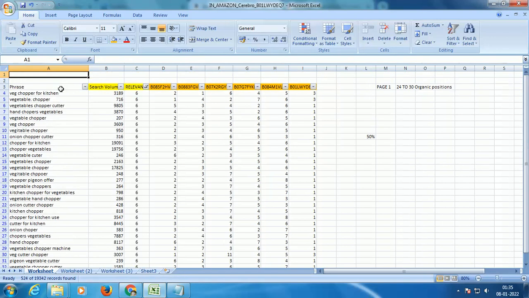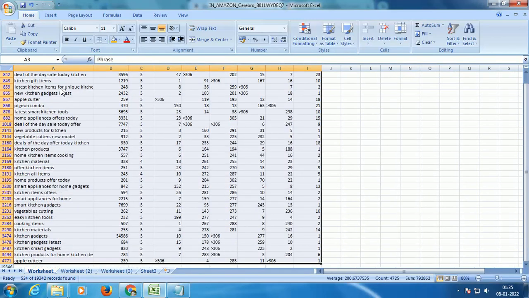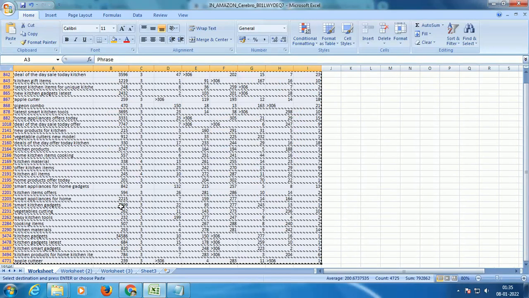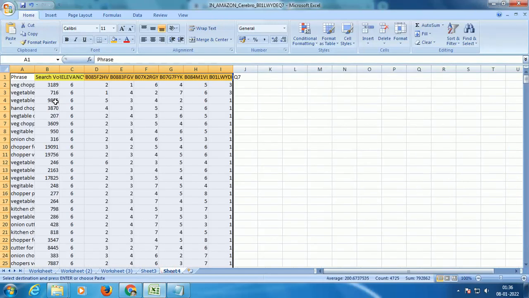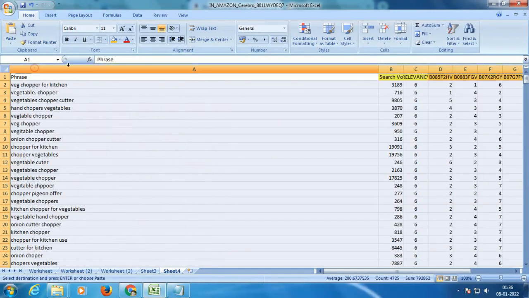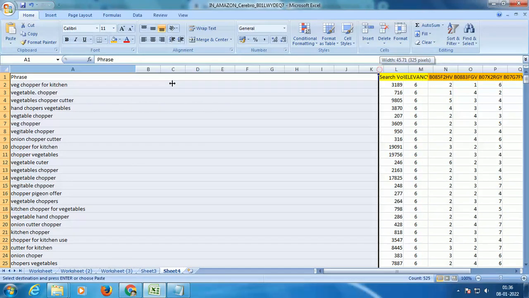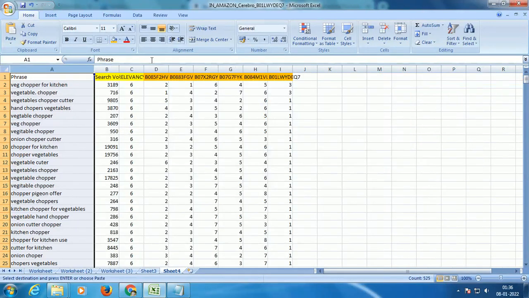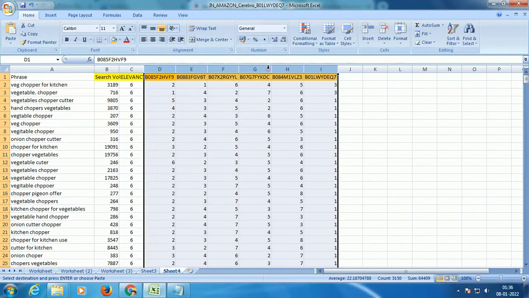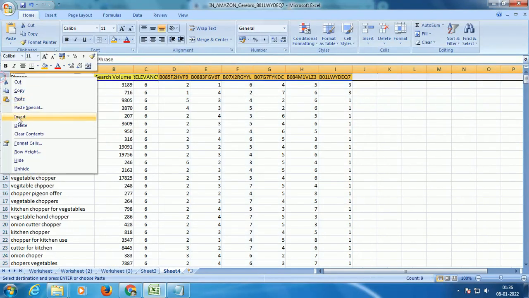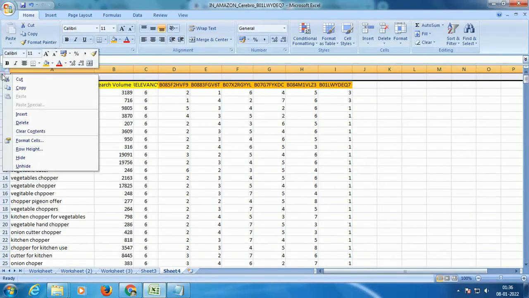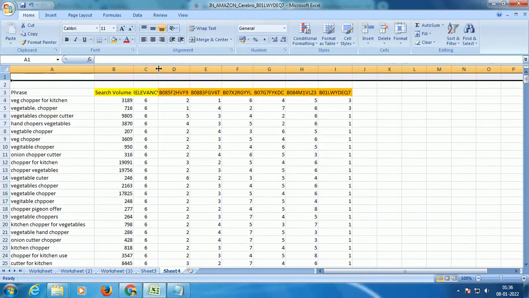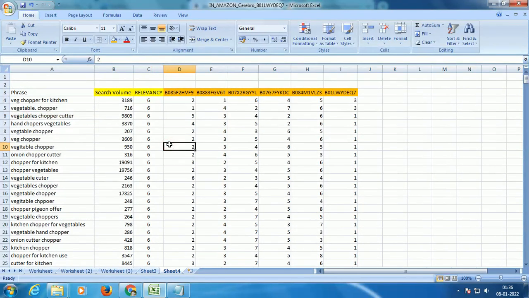But before doing that, let's complete this master keyword research process. So I will select these, and then I'll open a new spreadsheet, or new tab. So let's do the real operation now. We know that there are 6 competitors. Now we have their relevancy score, as in how they are placed for various keywords. Now let's do another interesting thing.